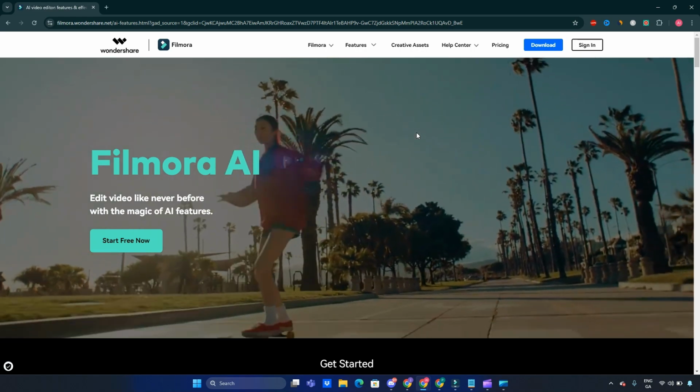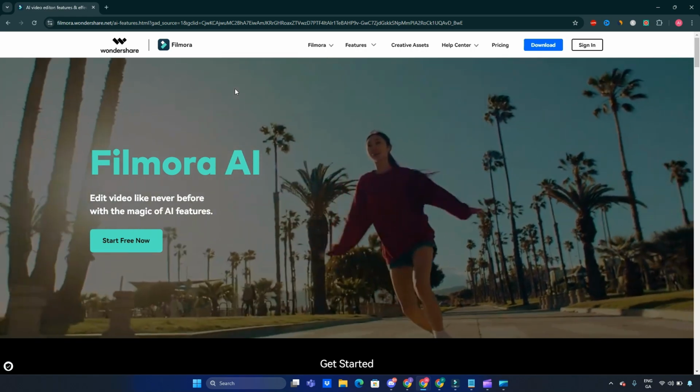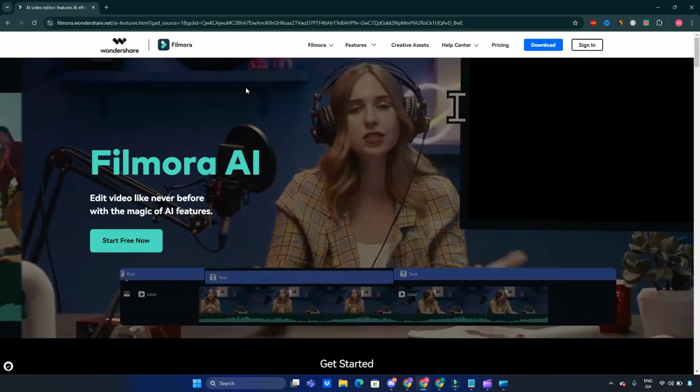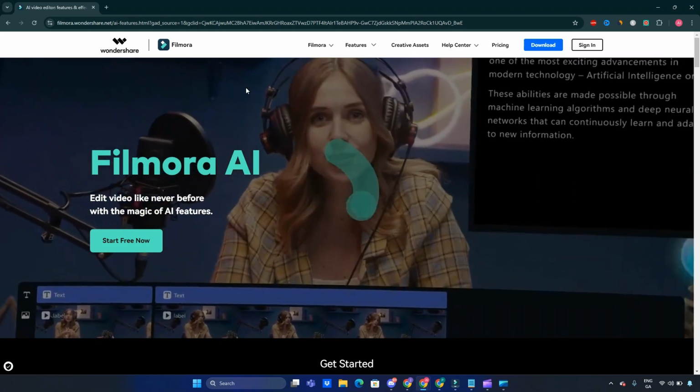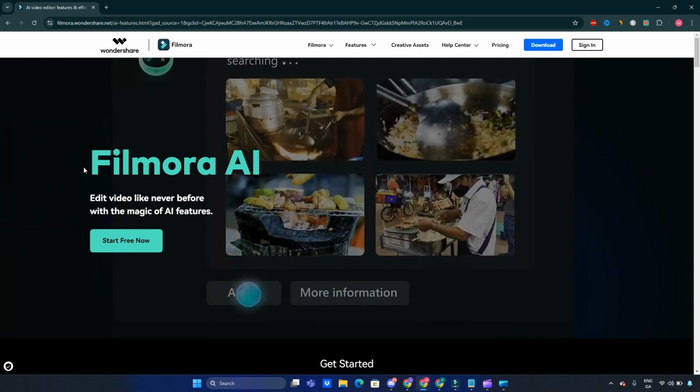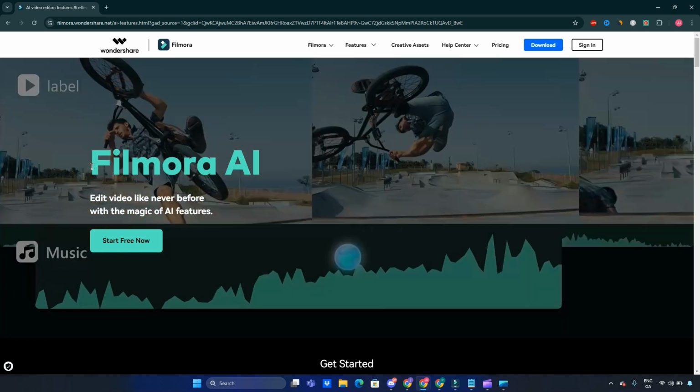Okay, so if you never heard about Filmora, it is a software for recording your videos. Also, you can edit your videos. And plus, you can edit those videos using the AI features. That's the newest invention from Filmora. Filmora 13 is the